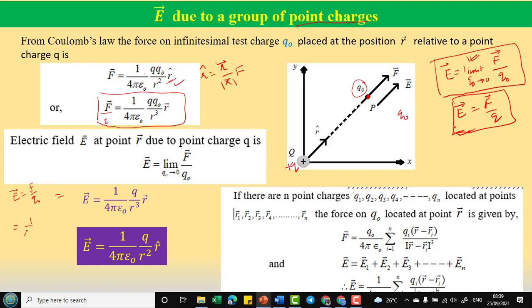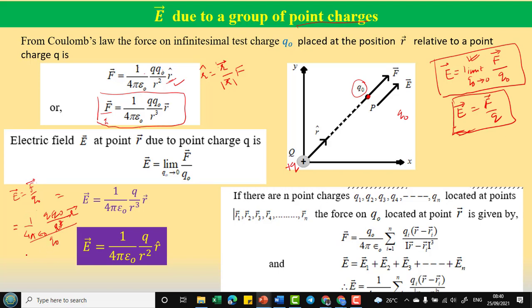F is 1 over 4 pi epsilon naught Q naught over R square, right? And the unit vector here, let me write it as r hat. Okay? That will be better because here it is written like that. So this is the position vector r, so the magnitude is r cube. And now this force F is divided by q naught.